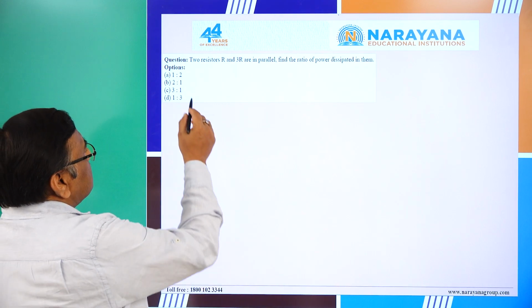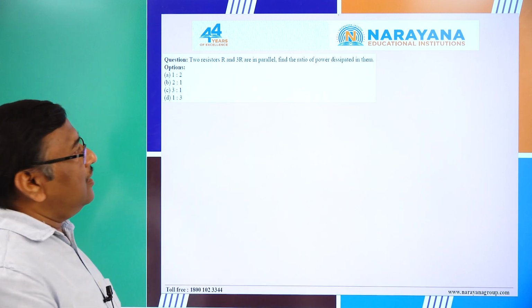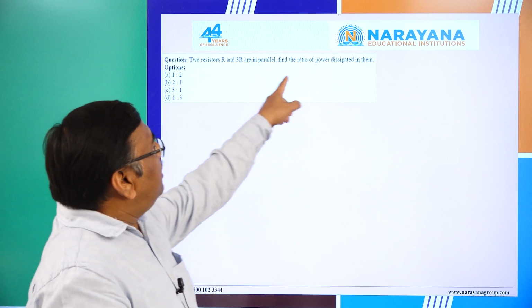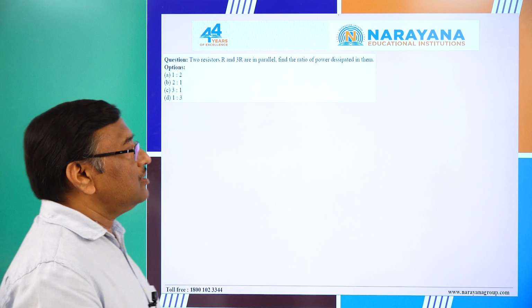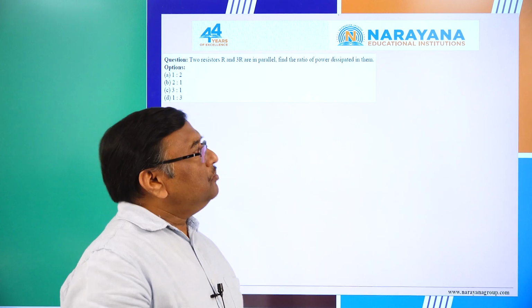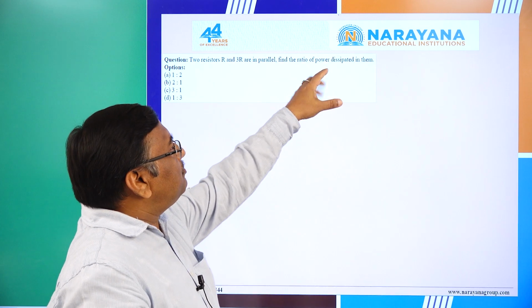See this question, they are saying two resistors R and 3R are in parallel. Find the ratio of power dissipated in them. It is the simplest question of your current electricity. But the thing is, we should not get confused, because sometimes students just simply remember power is equal to I